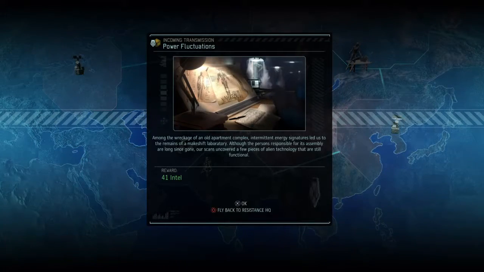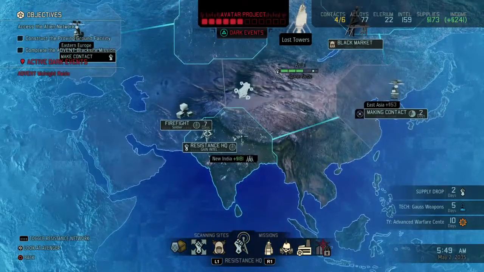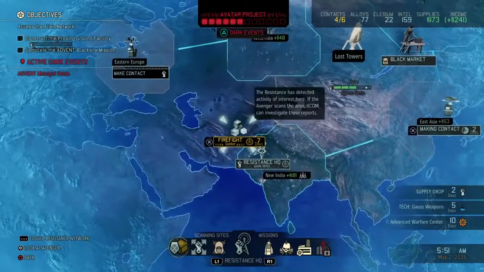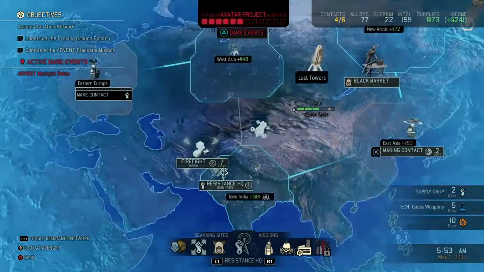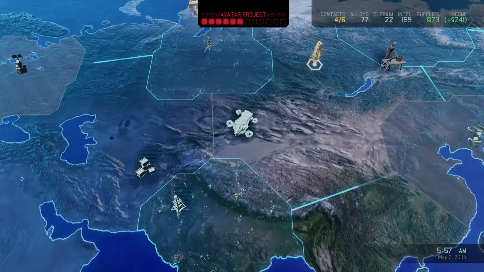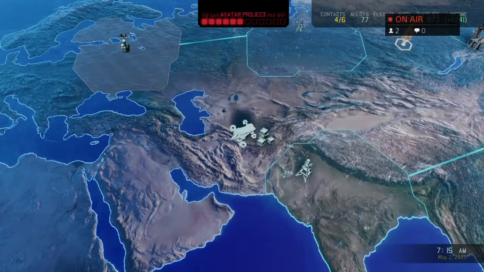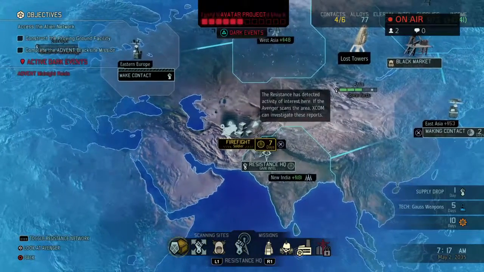Well, hopefully 41 intel. That was not a lot at all. That was actually barely anything. We don't really need a soldier. But this is like one of the only things to scan, it looks like. What we need is we need another mission. We need another mission so we can...